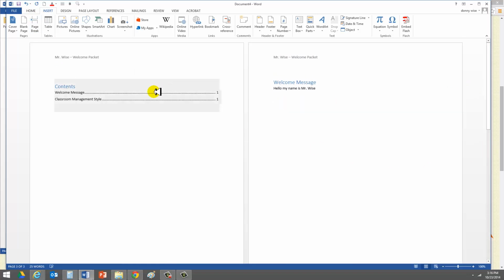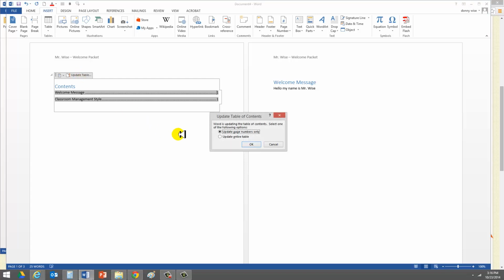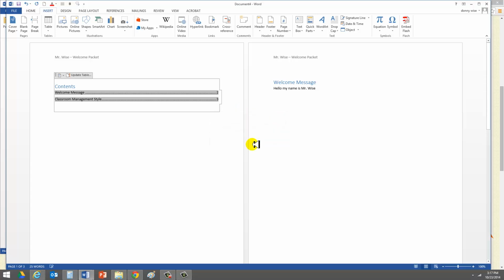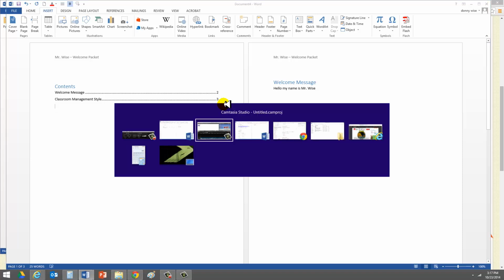And now I can go to the table of contents, and I'm just going to click on this little tab here that says Update Table. It gives me two options. I'm going to update the entire table. Now watch the numbers here. Formerly, each of these were on page 1. Now we know welcome message is on page 2, and classroom management style is on page 3. So if I click OK on this, lo and behold, you'll see it's basically updated things automatically to page 2 and page 3. If you know how to do header, footer, and table of contents,